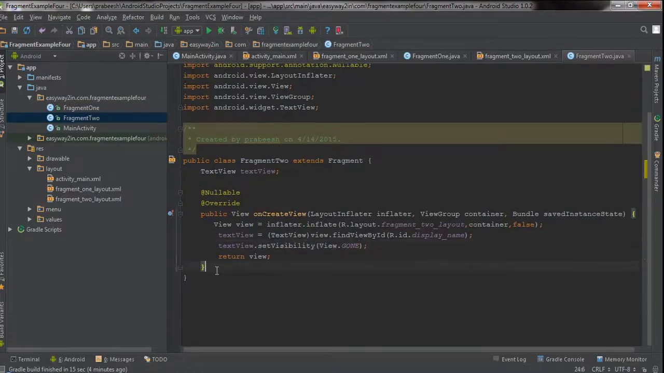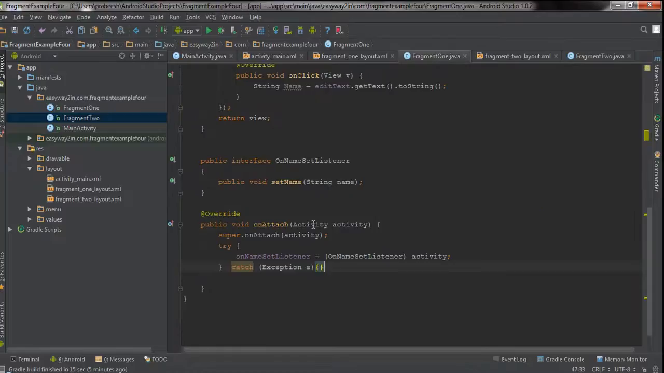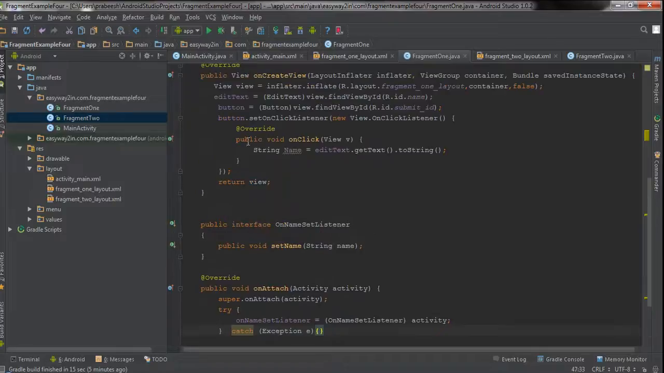Okay, now I am going to create a method here to communicate with the other fragment. So public void update info with a string argument name. Okay, now go to the fragment1.java. So if the user enters some name on the layout and clicks the button, we get the name